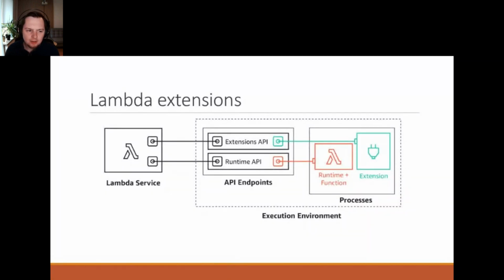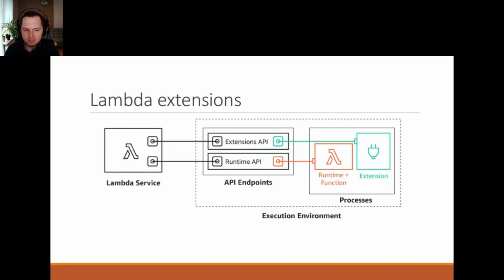And another component of Lambda that, if you are not deep into AWS again, you won't know, is a feature called Lambda extensions. A Lambda extension is basically a script that runs alongside your code and can receive updates about your function via a poll-based API.